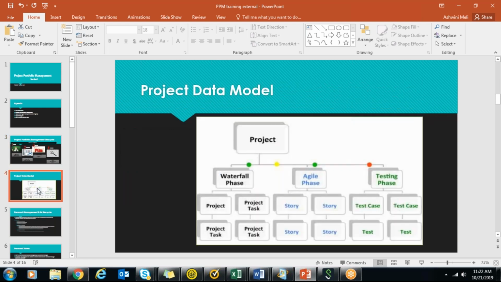So I would like to talk about project management and how the project data module is. Whenever you create a project, you have three types of phases wherein the work can be done: waterfall phase, agile phase, testing phase. Here under waterfall phase, there is a project, and there are a number of defined project tasks which